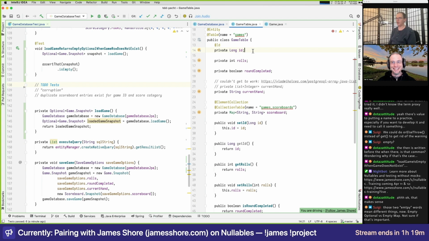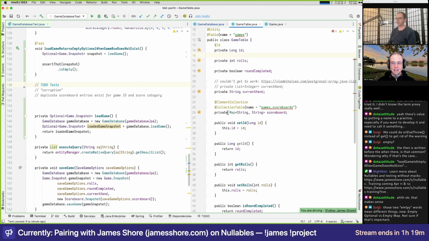Oh, I have thought of some other bad data situations, because this is expressed as a map of string to string. So if this entry is the same, the map is only going to have one entry for that key. Well, again, it's somebody screwing up the database. Yeah, if it's somebody inserting it on their own outside of this code, then yes, we would have to protect against that.